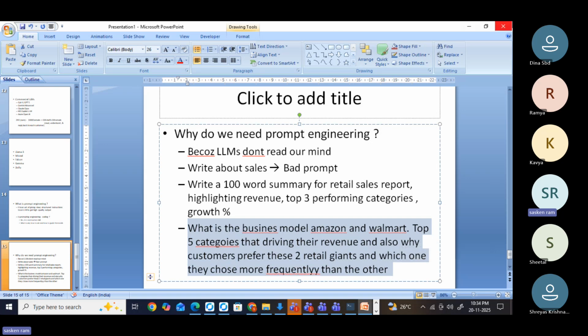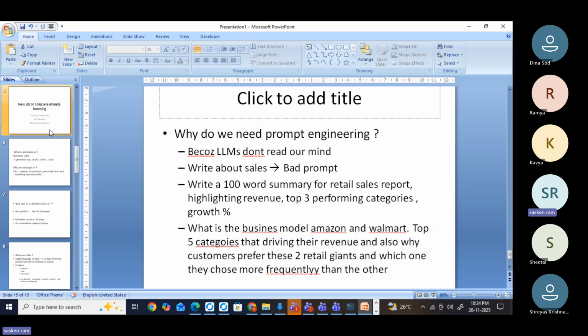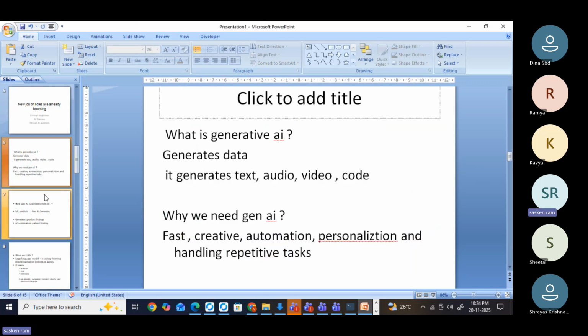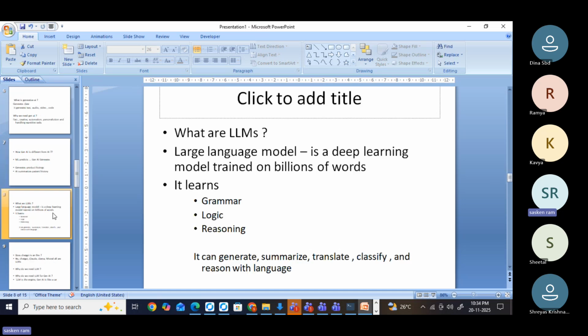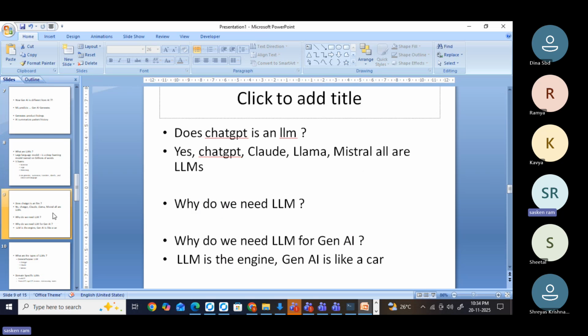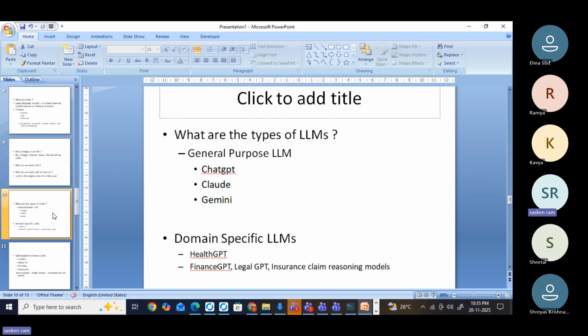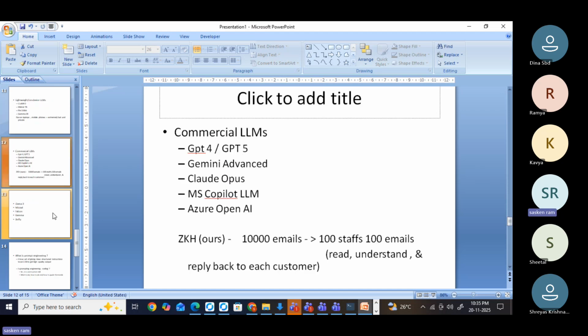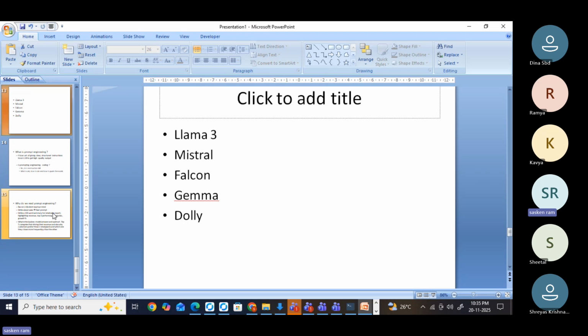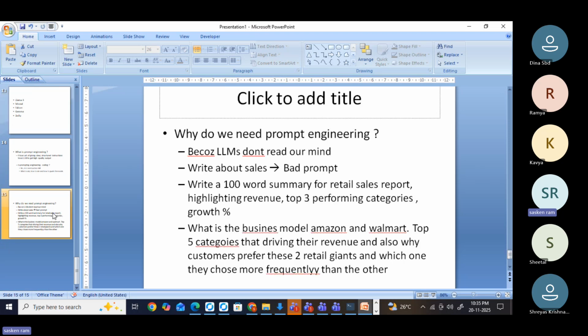Okay. So today what did we discuss? Today we discussed what LLMs are, right? We started with generative AI. I just gave the recap of that and how it is different from AI. And then what LLMs are. And then we discussed types of LLMs. And then we discussed the commercial LLMs and open source LLMs, the difference between these two. And finally, we have seen what exactly prompt engineering is all about at a high level.